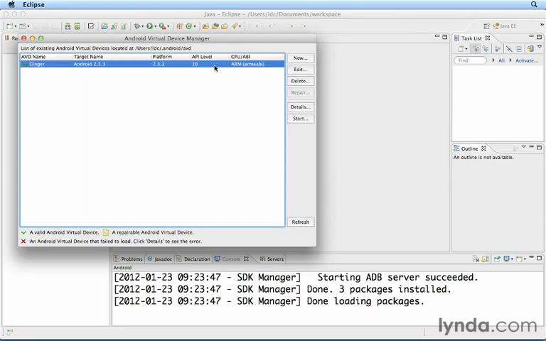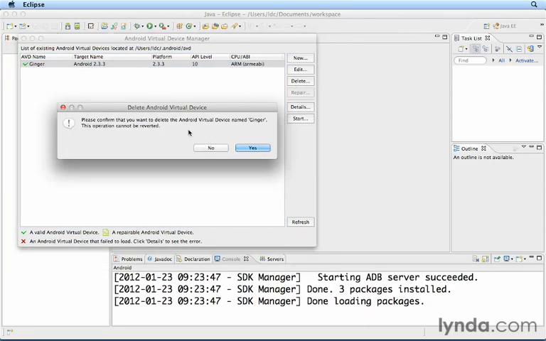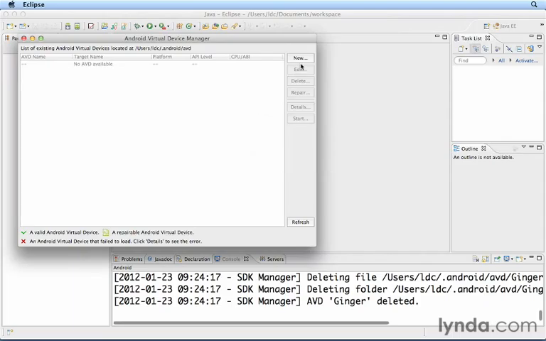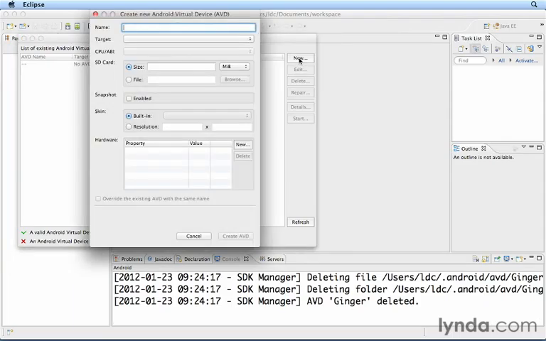Now with a previous installation of the SDK, I actually created a device already, so I'm going to delete that. And then I'm going to click New. And before we go through this, I want to explain that this is actually a simulator for running an Android app. So we're creating this virtual device. So the name is going to be Gingerbread, after the name of the operating system,